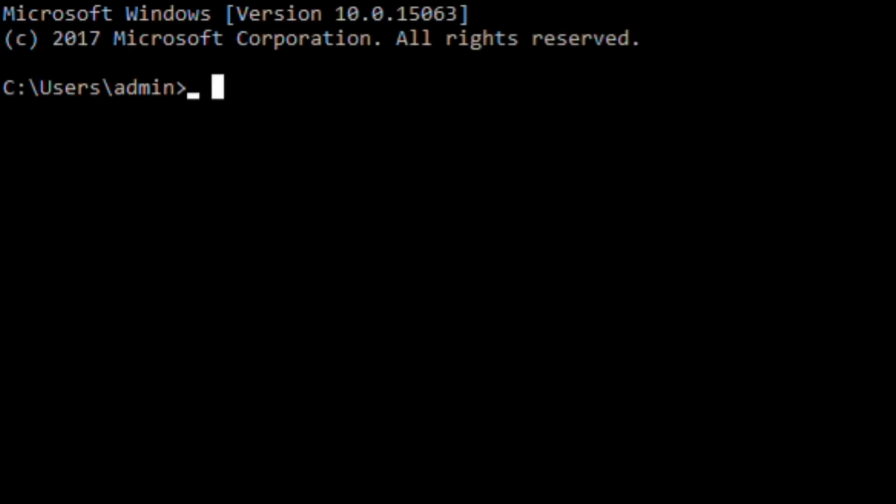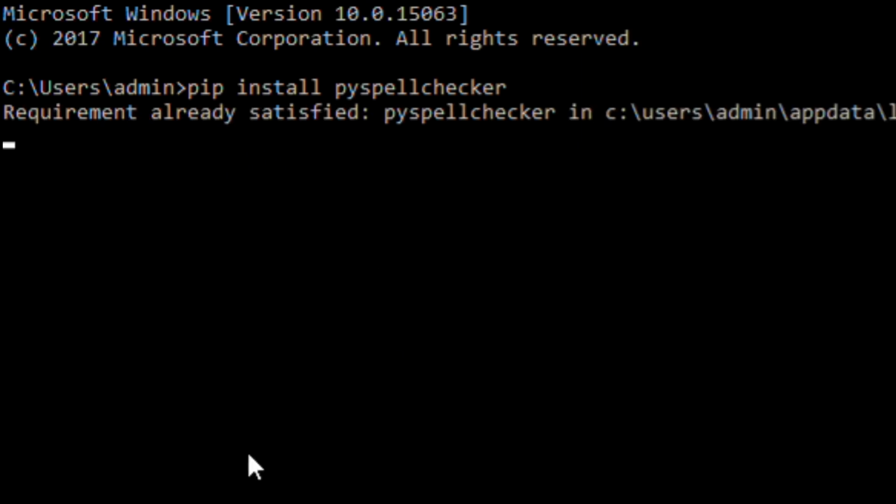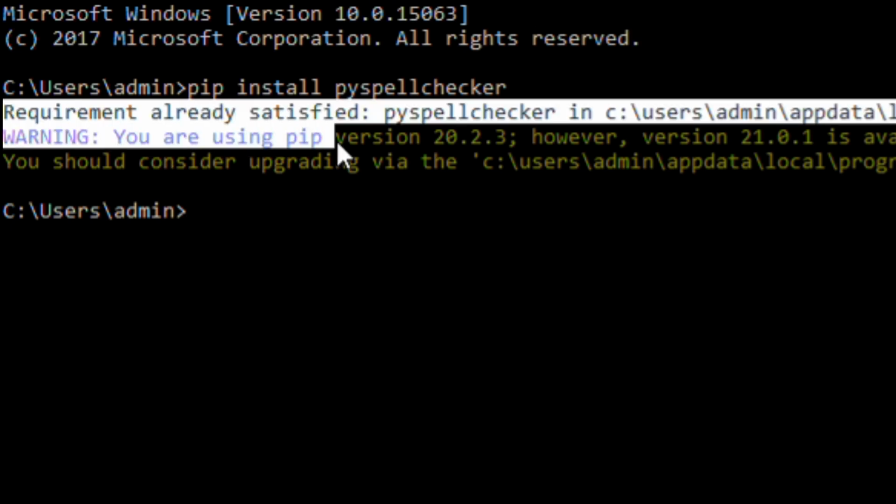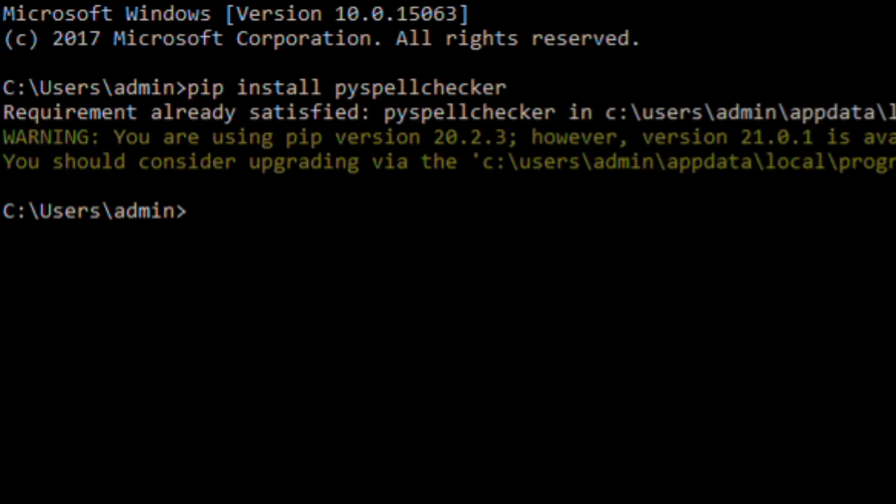First, you need to install one library called PySpellChecker on your terminal. I am currently running on Windows, so I use command prompt to install this library. If you are new to Python, you have to know about Python library management. Python has a huge set of libraries. If you want to use any external library, you have to install it in your terminal. After installing the PySpellChecker library, you need to open your IDE and write the spell checker code.